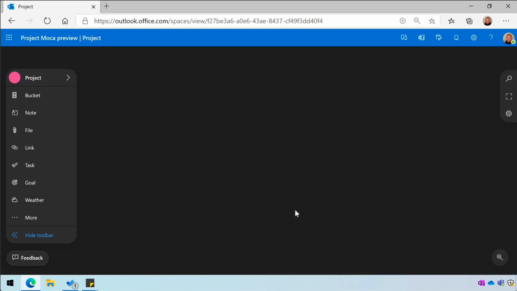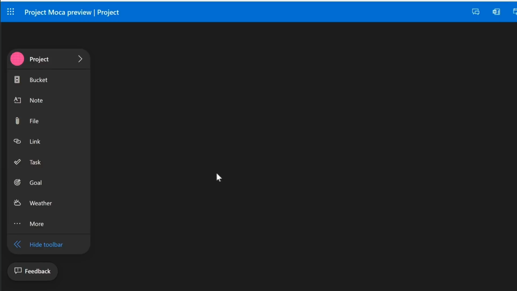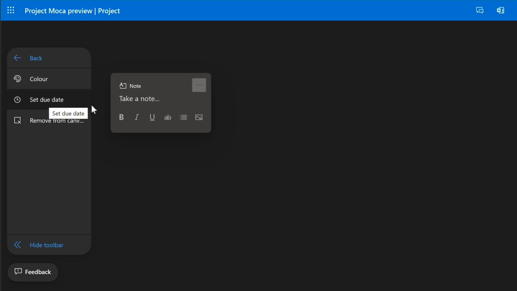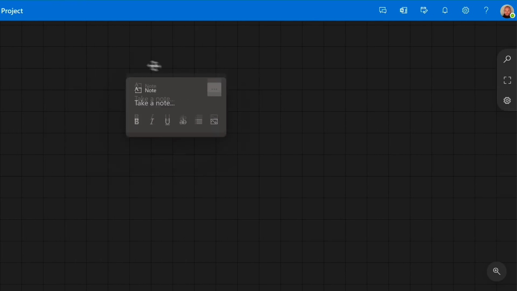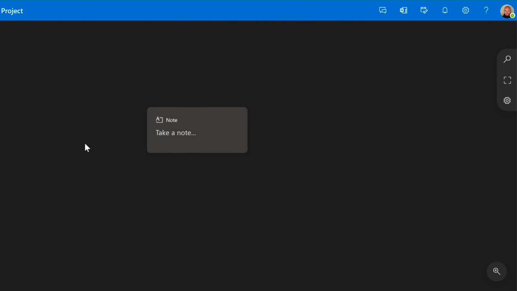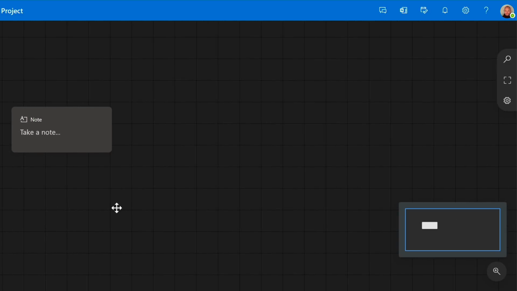I start my new space with a blank canvas, and the canvas is very similar to Whiteboard in that you're free to move around the space and add things to it wherever you like. I don't know if it's infinite, but I haven't got to the edges of it yet, so it's kind of an open world app. You'll see on the left hand side I have a toolbar and I can add items to the canvas by choosing them. So if I choose Note, it will add a note to the canvas. I can drag the canvas around and move any of the items that are already in it. And on the right hand side I have a map of the canvas showing me whereabouts I am on it.